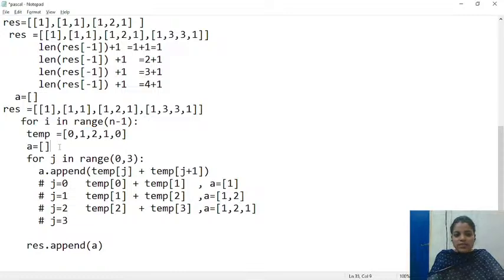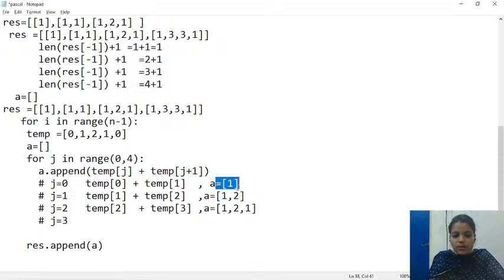फिर एक एम्प्टी सब लिस्ट क्रिएट कर देना, फॉर j इन रेंज 0 to 4, नहीं 0 to 3 नहीं, ये 0 to 4 होगा, बिकॉज लास्ट एलिमेंट का लेंथ अगर 3 है तो अगली लिस्ट का लेंथ 4 होने वाला है, करेक्ट। होपिंग यू अंडरस्टैंडिंग। सो 0 to 4 मीन्स व्हाट यू वांट टू से, अगेन इफ j is 0, temp of 0 plus temp of 1, correct, so that is 0 plus 1 which is going to give us 1,